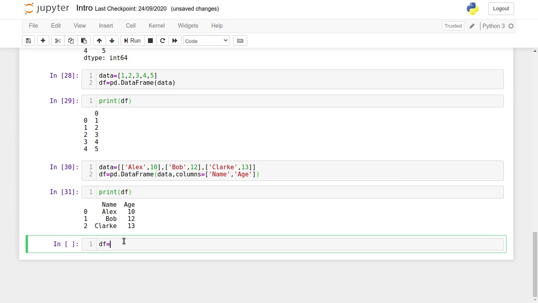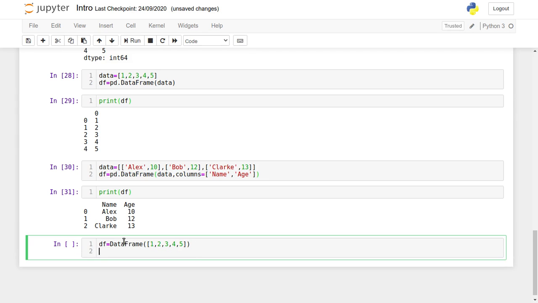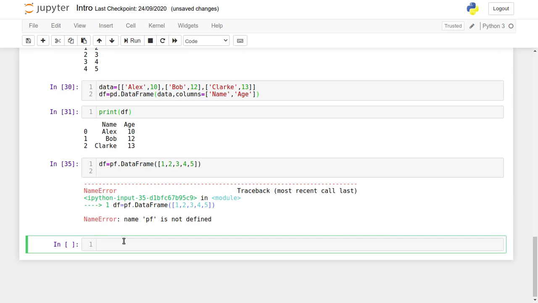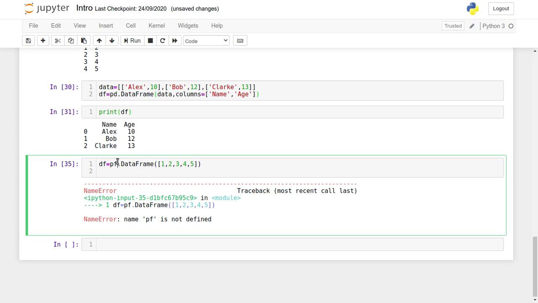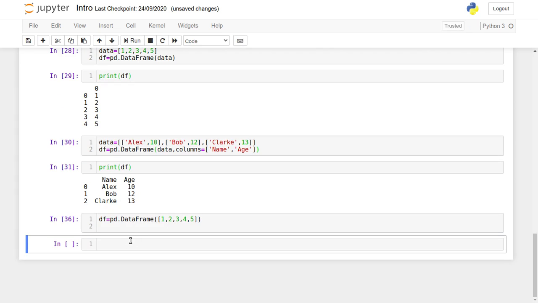I will create a data frame with a set of numbers 1 2 3 4 5, and I want to find the sum of these numbers, which is very helpful in performing descriptive statistics. So let us see how to do that. It is pd.DataFrame, which contains 1 2 3 4 5.